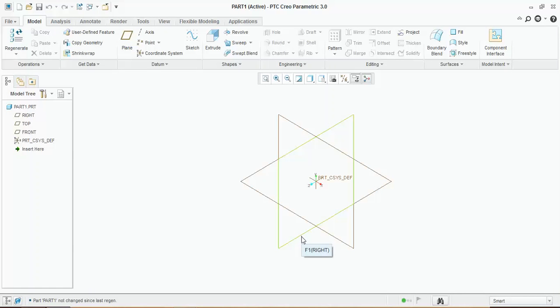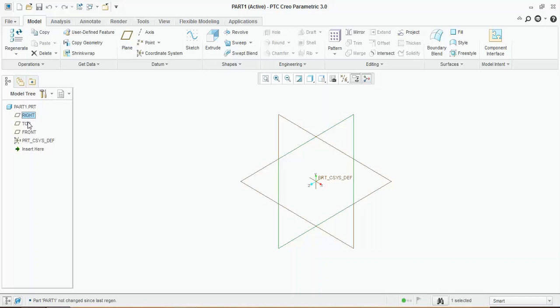I will give you a brief introduction about the part module. This is your model tree. Whatever you sketch or use in this part modeling will automatically be saved in this tree step by step. If you select the first sketch, then the sketch will be saved, then you select extrude, then extrude will be the second name on this. We will see that in the following videos.